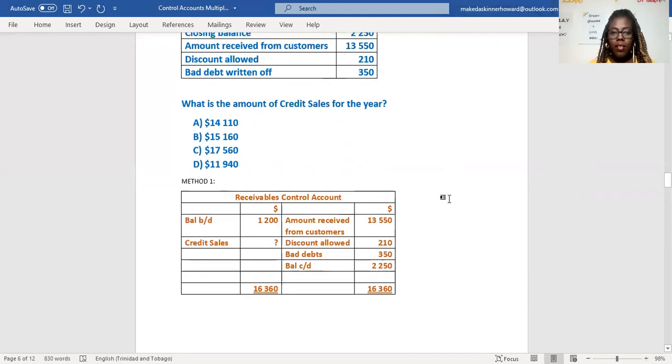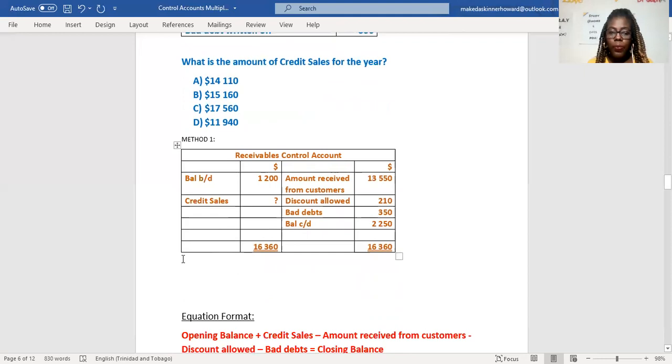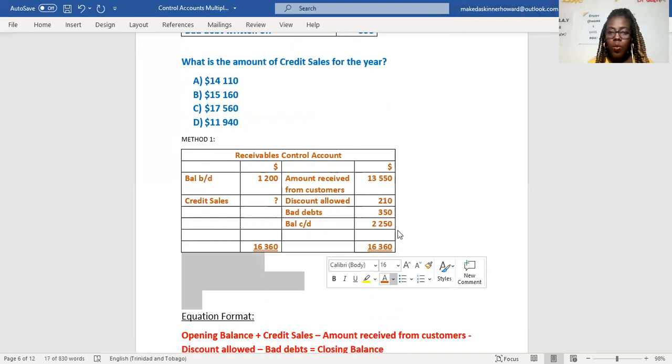All right. So let's work this out. We have to know, based on what we would have done before, if you're following, use the same pattern. Deduct the information that they give you from the total on whichever side it is, and you're going to get a credit sale. So we're going to deduct 1,200 from 16,360. And that is going to give you